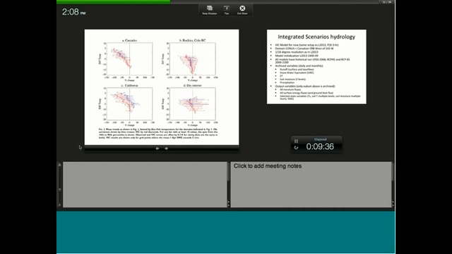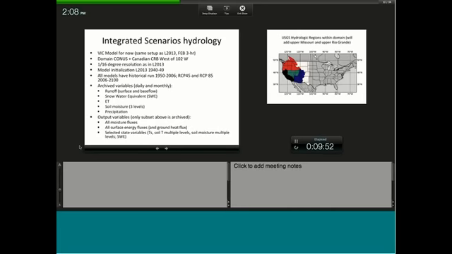So while I don't want to leave the impression that the model doesn't have any warts, because those of us who work on it know what's under the hood, and we know of lots of little issues. That's true of any model. But take it as a whole, it does a plausible job when it's given decent forcings of reproducing hydrologic observations. So let me move forward now and talk about what we've actually done and are doing as part of the